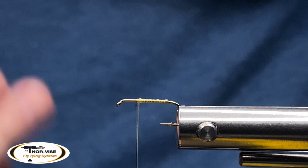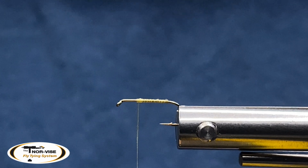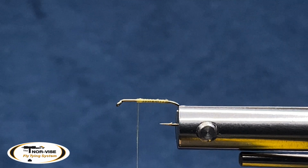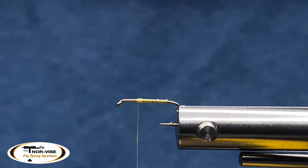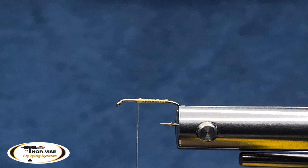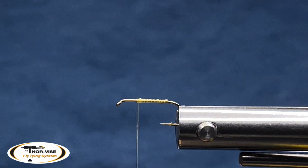Then I want to take the time to maybe share with you a dry fly pattern that you may or may not have heard of before. It is a Southern Appalachian fly pattern that came out of the Harry Murray Fly Shop, and it's called the Mr. Rapidan. The Mr. Rapidan is a calf